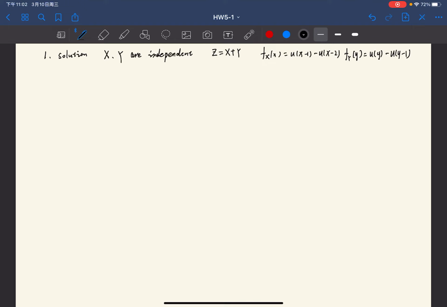In this question, we know the random variable X and random variable Y are independent, and we also know the probability density function of random variable X is equal to this, and the probability density function of random variable Y is equal to this, and Z is equal to X plus Y. Because X and Y are independent, we use the conclusion of the convolution method,